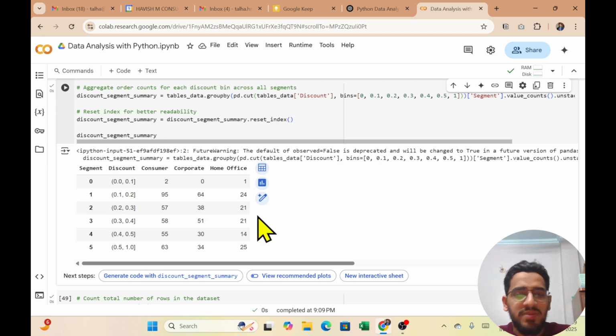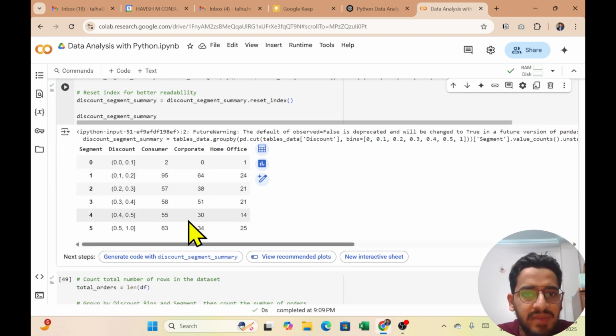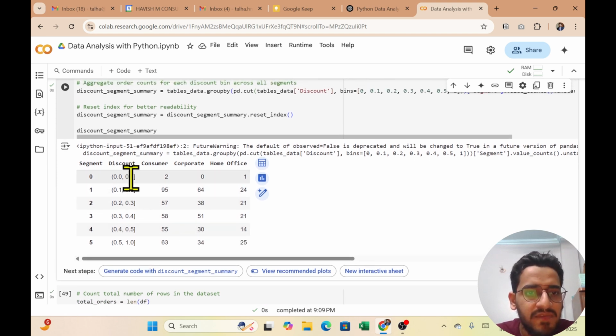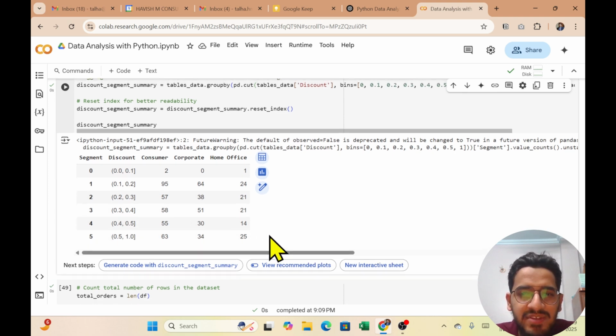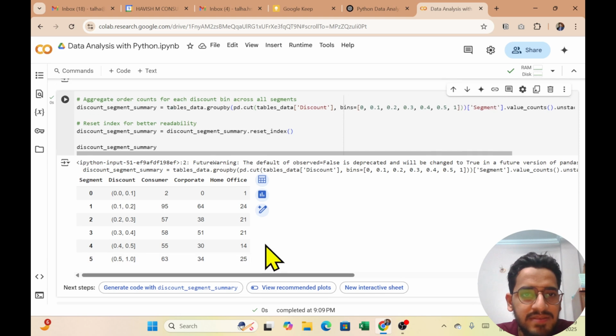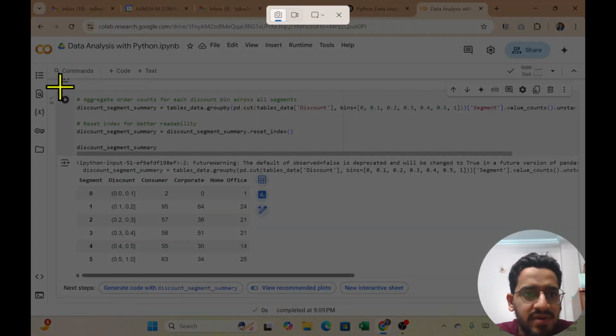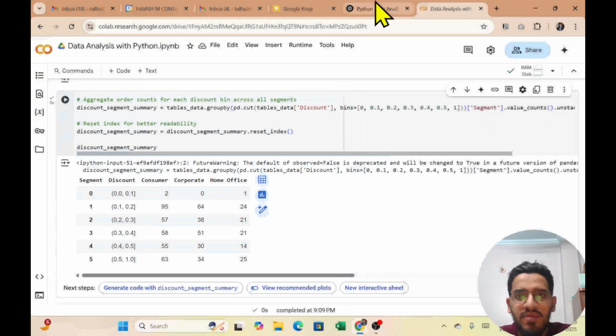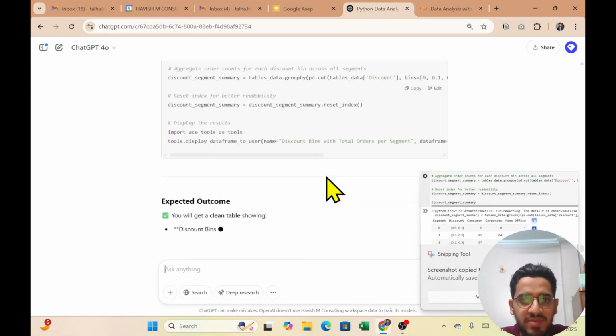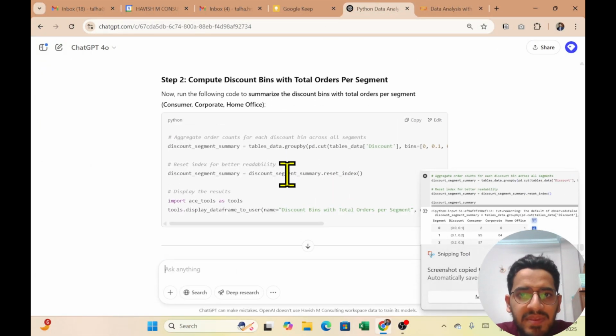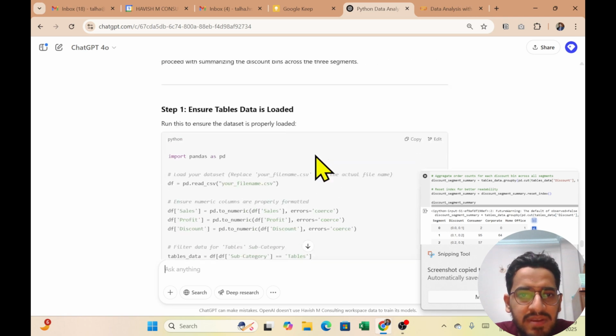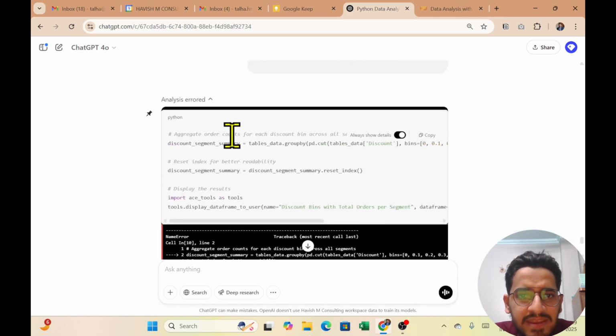Yeah, this is what I wanted. Perfect. So we're able to see that for different discount bins, what are the number of orders, and I'm still not sure why this number of orders is so low. Let's come back and ask what it is showing inside that piece of code. The total orders per segment, and what is it doing here? Aggregate order counts for each discount bin across all segments,